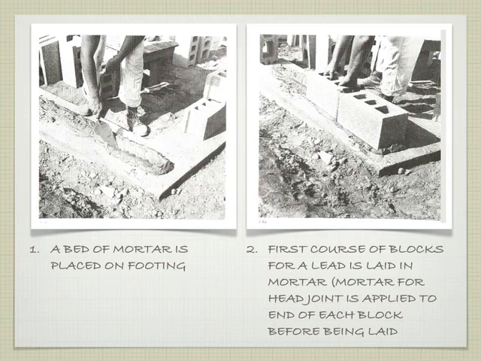We start with our first course of blocks for a lead, just like we would on a brick building. Basically, we're doing the corner first. Mortar's applied at the head joint, to be applied at each end of the block. It just means that you put the first block down, then you take the next piece, you have a bed joint that's on the footing, but on the block itself, you put the mortar on the head joint so that when you glue it together,